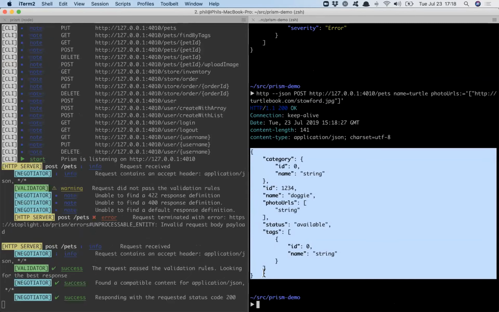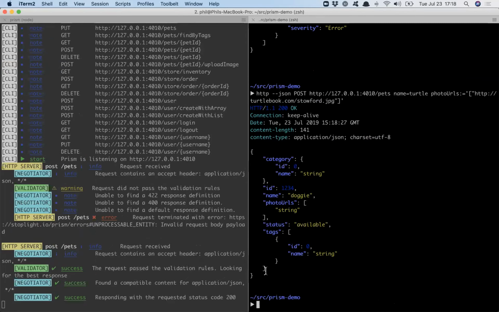Whilst I was putting this demo together, I was thinking how much I'd love to have a feature which basically looks for matching parameter names in the response body to the request body, right? So it would say name is Stoford and photo URLs would have the actual photo URLs. But the idea with the mock server isn't that you have a real actual API that actually stores values and sends them around all over the place.